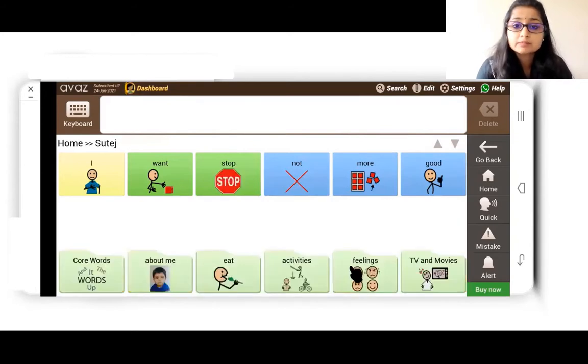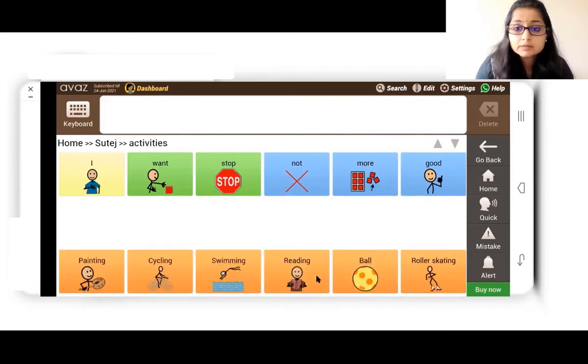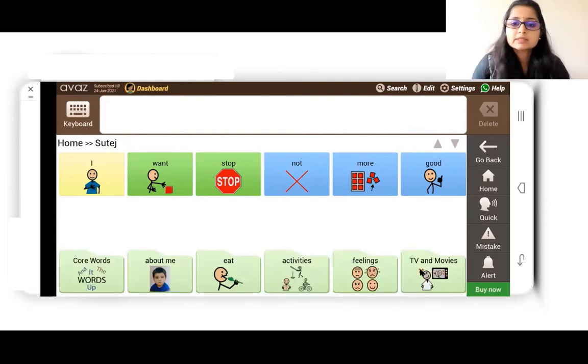And I also chose some of my child's favorite activities, so we might find those in the Activities folder. Yes, we do find it. So I chose cycling, swimming, reading, ball, and roller skating. So these were the things that we selected, and now it's appearing within the folder.